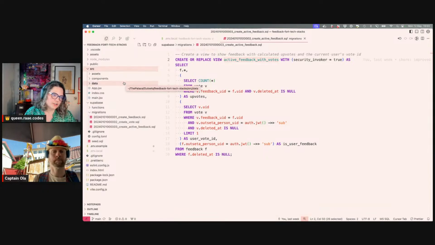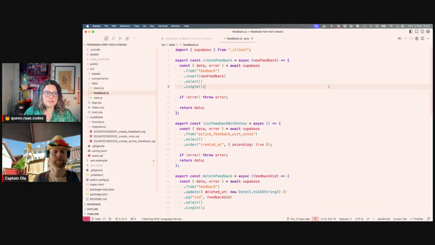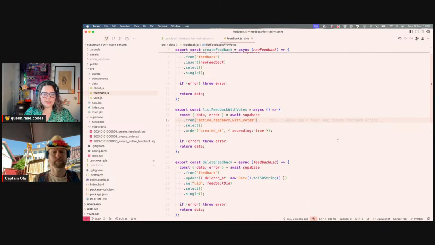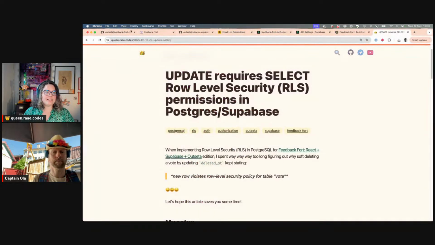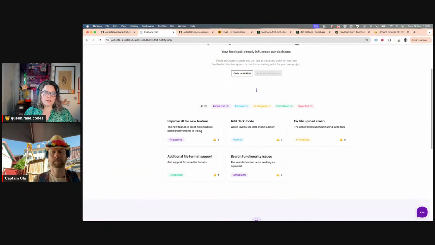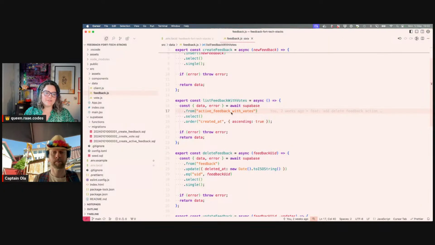So if we head on over to our code, data. Instead of having to do a lot of calculations in the front end, we want to be able to get all of this data in one go. So we want to get the feedbacks and then the count and all of that in one go. So we created this view called active feedback with votes so that we can just query for all of that data in one go. This all depends on your future applications, if it makes sense to combine the data on the back end or in the front end, or it depends. But for our use case here, it's really nice to just get that done on the database